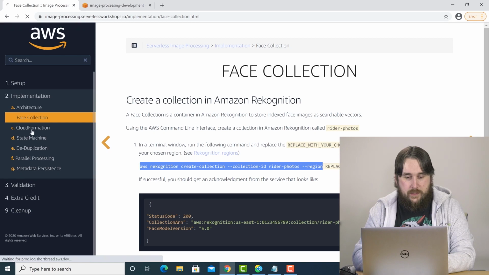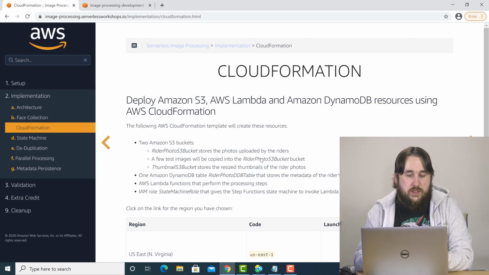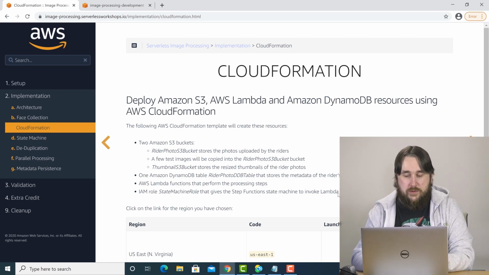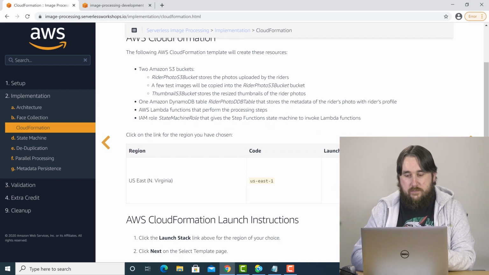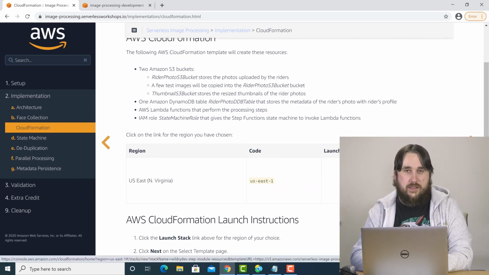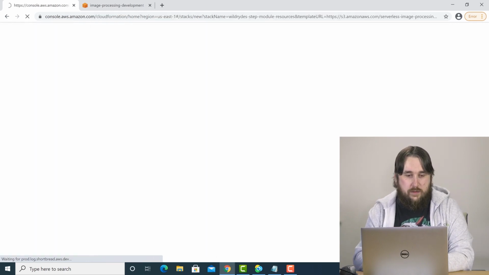So the next step after that is we need to launch our CloudFormation. This will actually create our S3 buckets, the Lambdas, DynamoDB, and all of the different roles that we need to actually perform this function. As I mentioned earlier, this is only available in US East 1 at the moment due to some other buckets that are also in US East 1. So if we click on Launch Stack here,